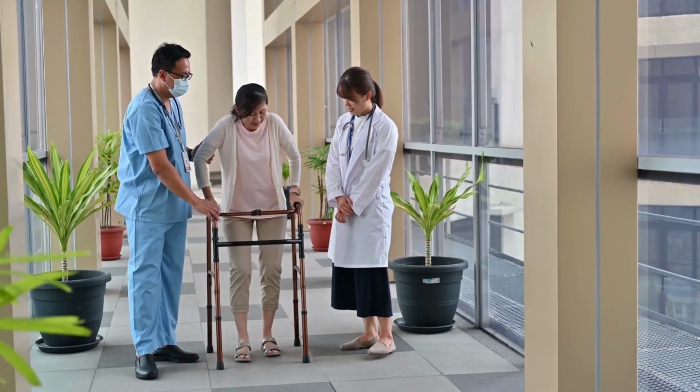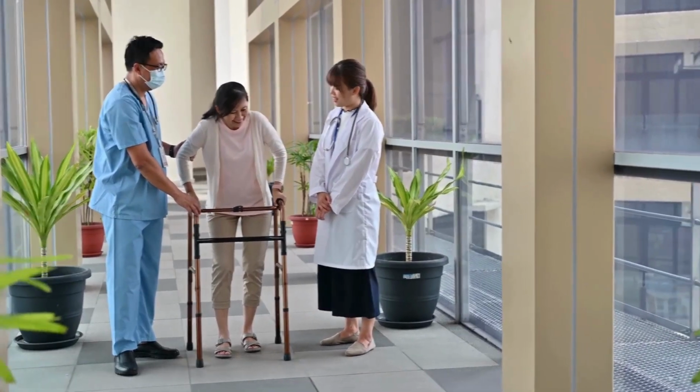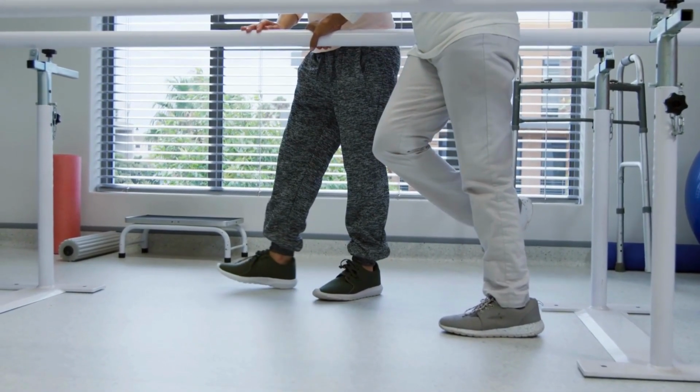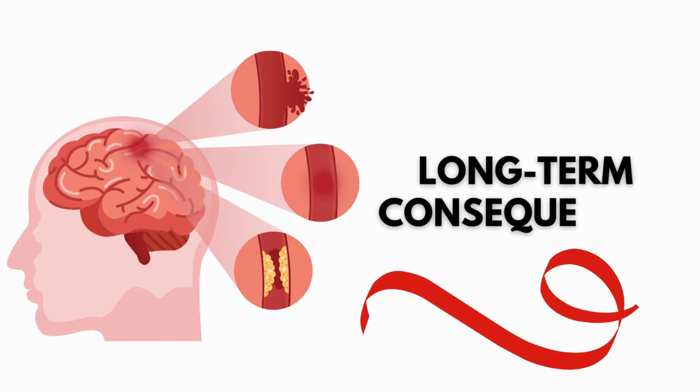After a stroke, most individuals experience some level of residual damage, which can range from minimal to severe. In these cases, physiotherapy is crucial for maximizing functional recovery, improving independence, and preventing complications. The long-term consequences of a stroke can vary significantly based on the location and size of the brain damage and may include speech impairments that can range from mild difficulties to complete mutism, where the affected individual cannot speak at